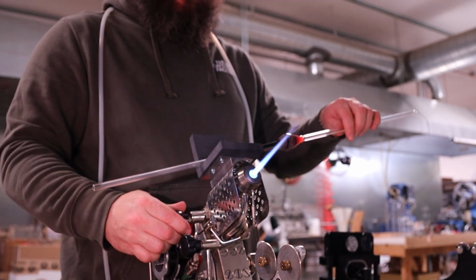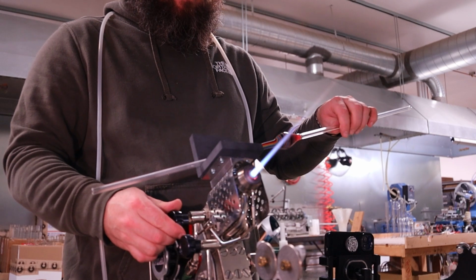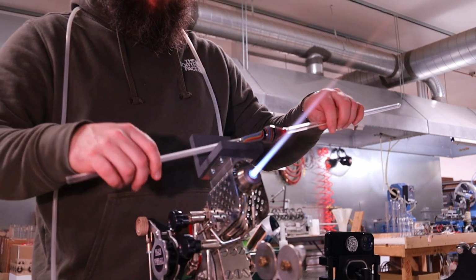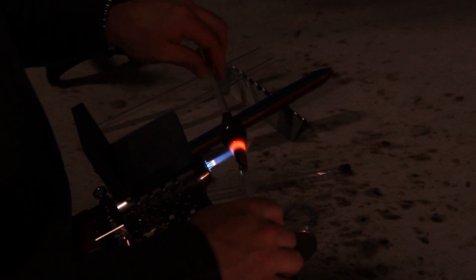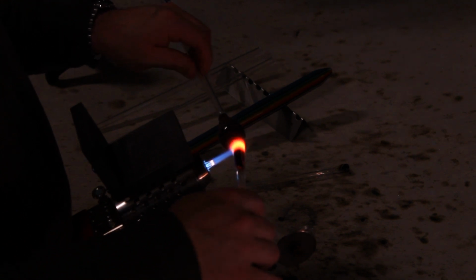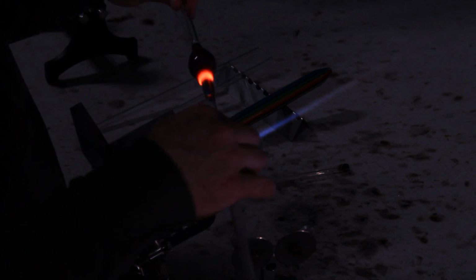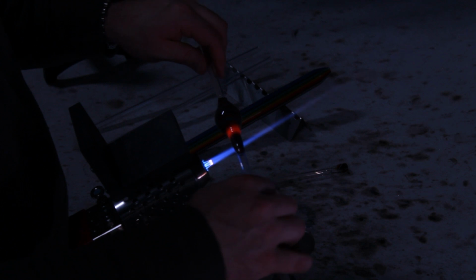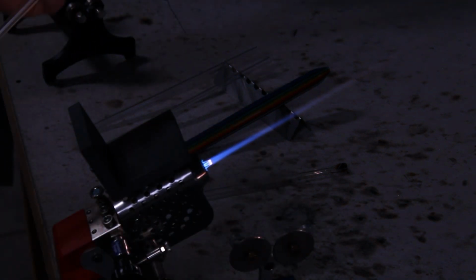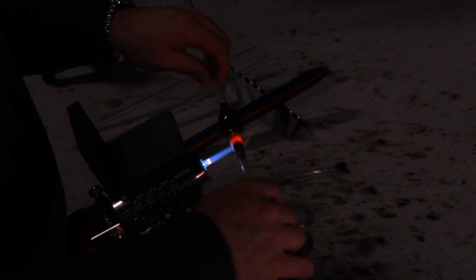Now I'm going to come in and start doing my wigwag pattern on what will become the front of the pendant. I'm doing a technique called bender back, where I'm heating a small section of glass and then bending the glass, or taking it out of alignment or out of axis, where I'm achieving both the forward and backward